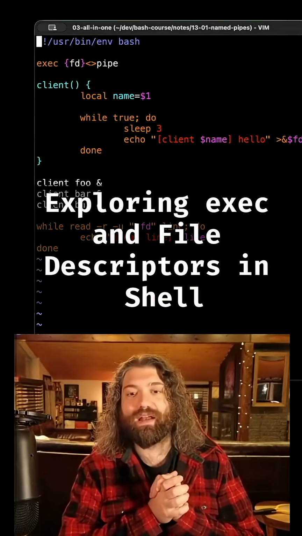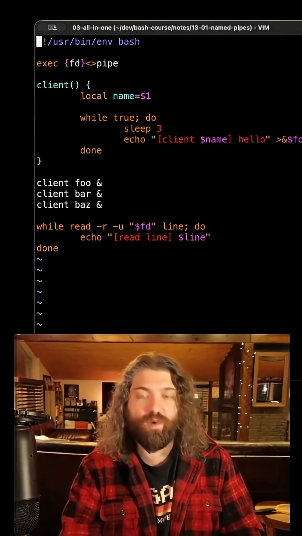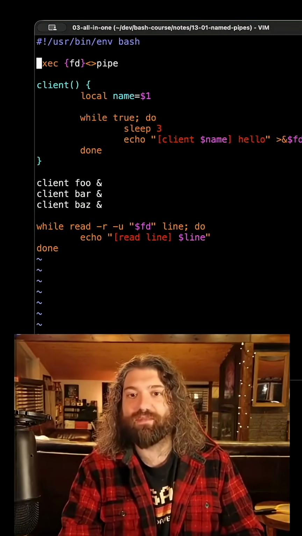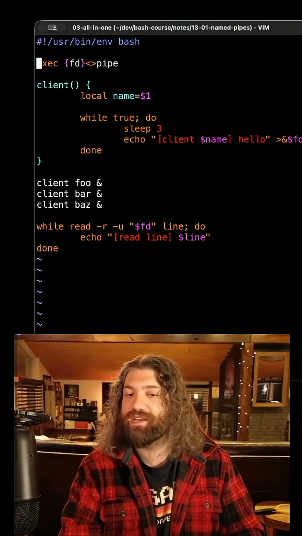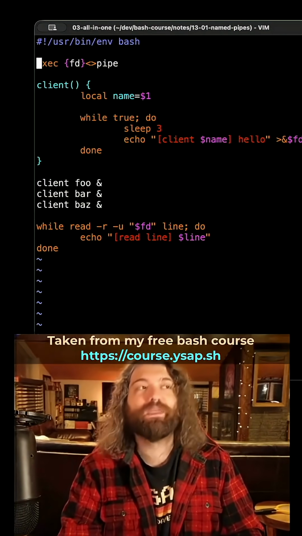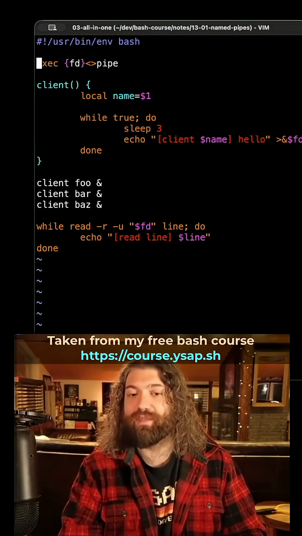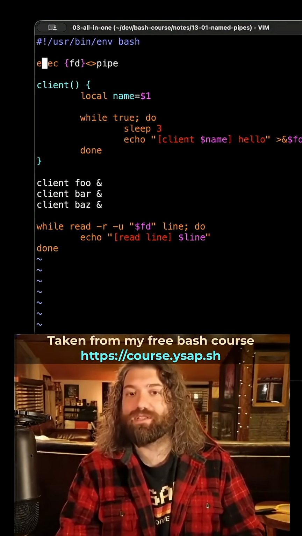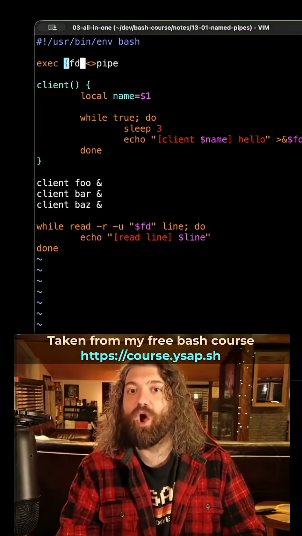There's a lot going on here, and I'm going to explain what's going on here. We are using a new built-in we have not seen before called exec. Exec can do a lot of things, okay? Exec can execute commands and make your shell become that command, but it also has this alternative syntax to open